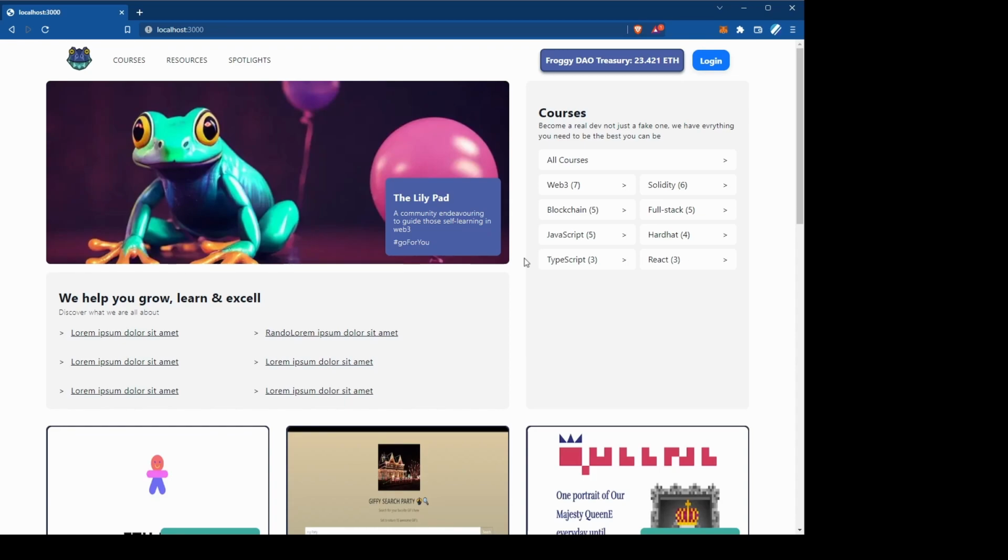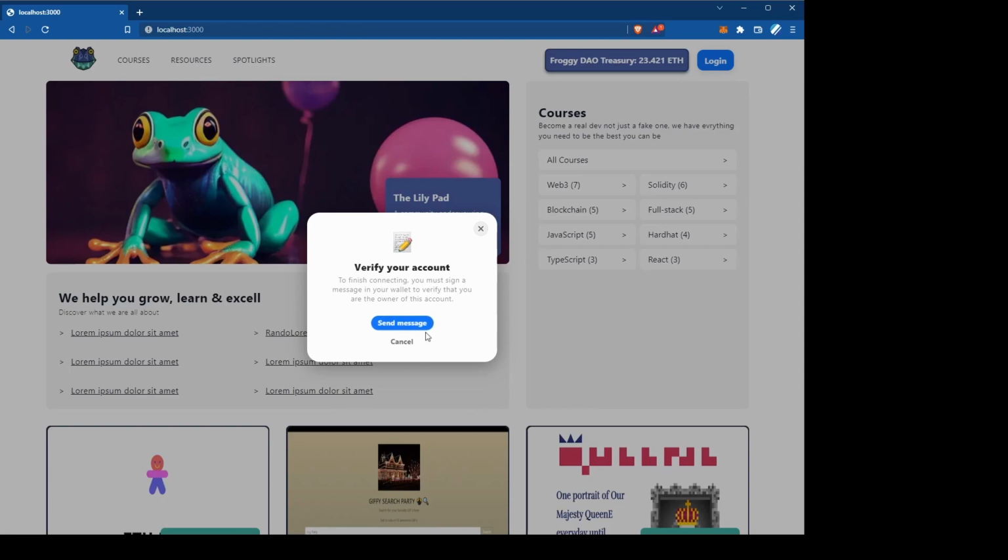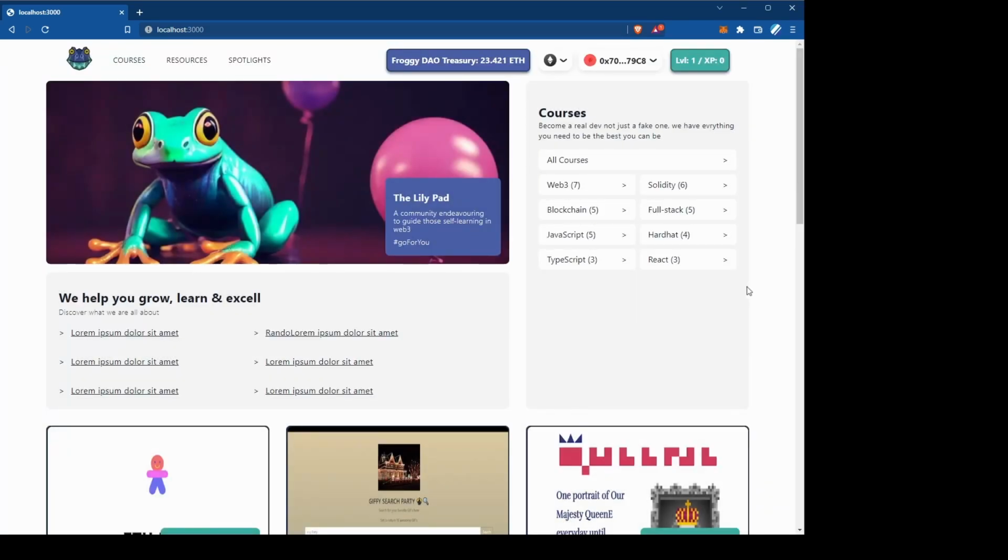So the first thing we're going to do is sign in. When we do this, it asks that we sign a transaction. So there's no fee, no value being passed. The reason we do this is we have you sign the transaction so that our backend is able to validate data being submitted to some of our externally facing functions, just in order to keep our front and back end